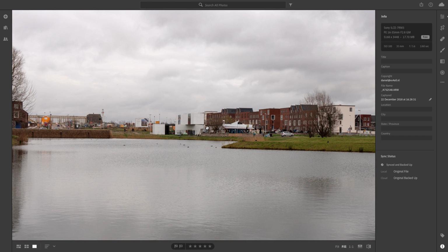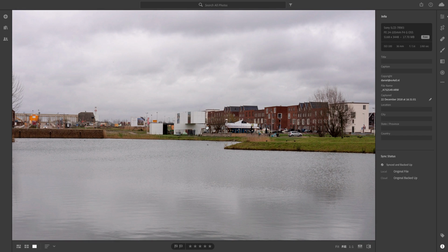So the third one I did here is basically I added also the 24 to 105. Right, I took all pictures at 5.6. You can see I'm at 36mm, so it gives you 55 again. And of course I could zoom this one to 55mm right away, which I've done. But again, I wanted to compare. So basically, this is what you would get if you compare